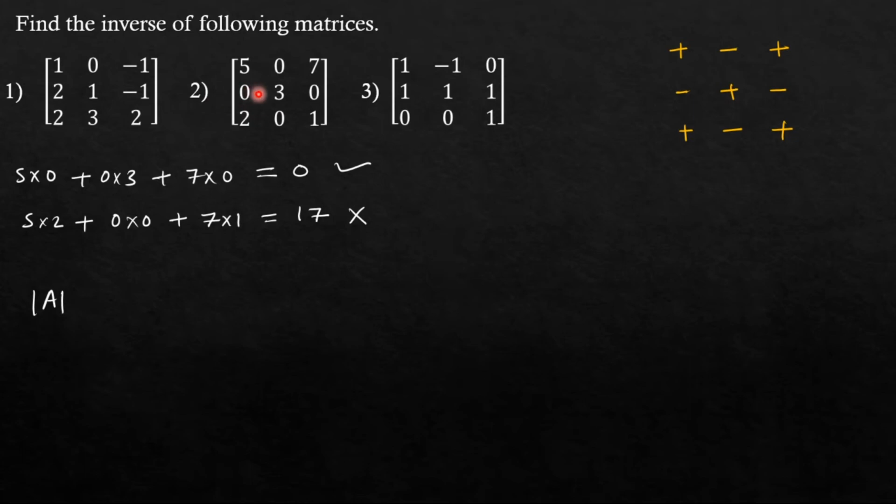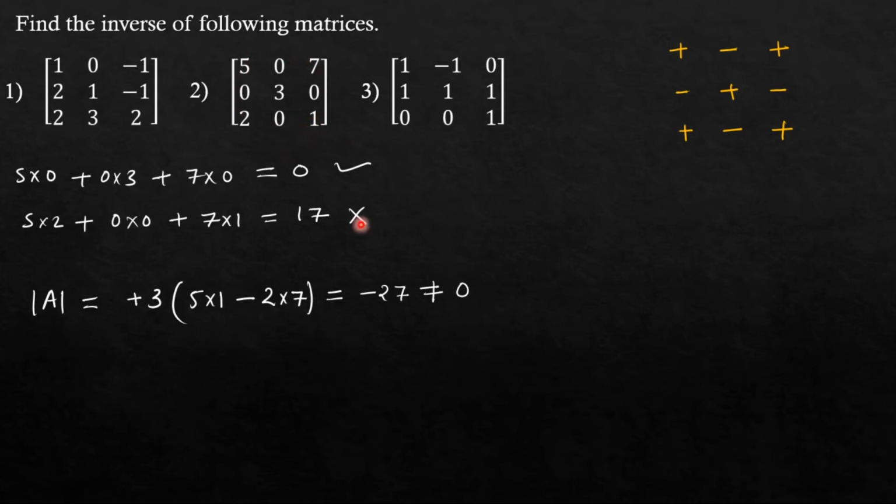Now let us expand along this row. Why? Because it has maximum number of 0, that is 2, 0. You can expand along this column as well, but I am expanding along this row. So it will be 0, neglect this. Consider this element 3. So I will neglect this column and this row. 5 into 1, that is plus 3 into 5 into 1 minus 2 into 7, which is equals to minus 27. Which is not equal to 0. Hence inverse is possible for this matrix.